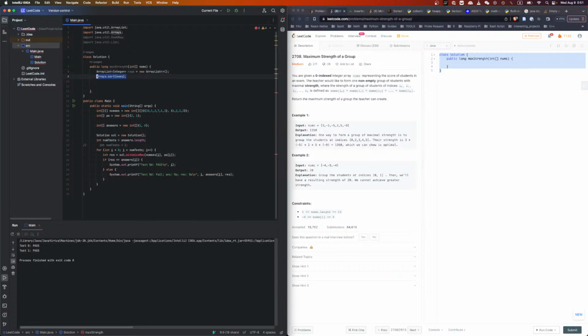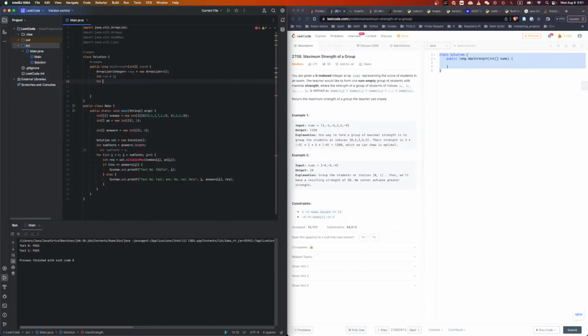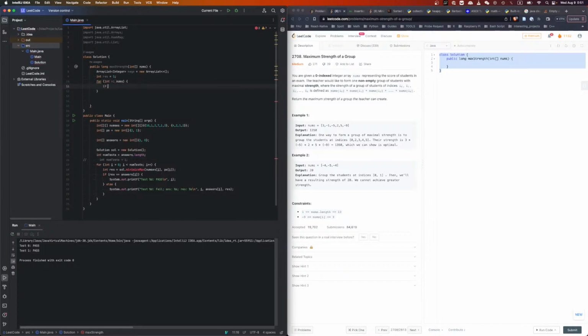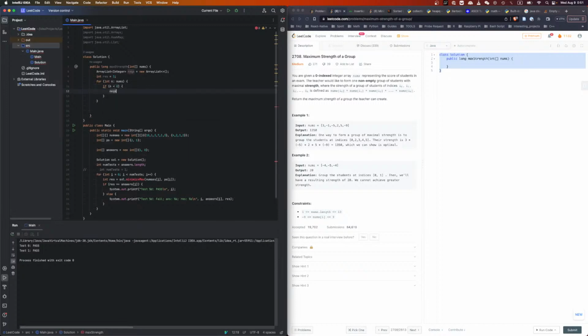Okay, then for int res equal to 1, for int n of nums, if n is smaller than 0, negs dot add n, elif